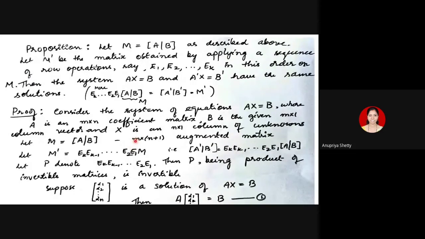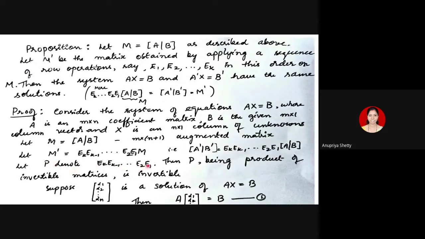If we had the matrix M, capital M with 4 rows, then all these E1, E2, etc., Ek are of order 4 by 4. Okay, 4 by 4. So this matrix product is defined because all of them are of the same order. So this matrix P is also of order M. M rows, M columns, M. Okay, M rows, M columns.